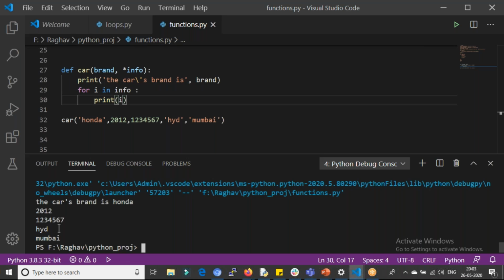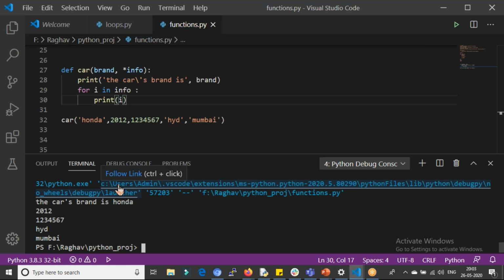So now we have to give some keywords to it, like we did before, where we said brand is equal to Honda, year is equal to 2012. I want to say the year is 2012, the mobile number is 123456, the city I bought it in is Hyderabad, the city I went to is Mumbai.